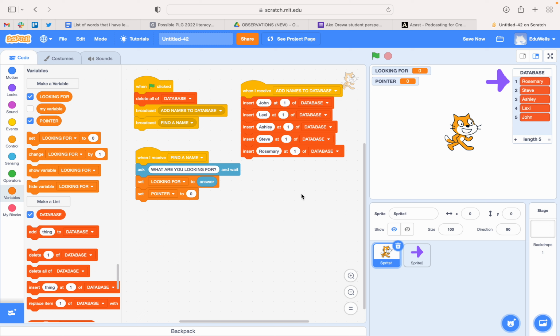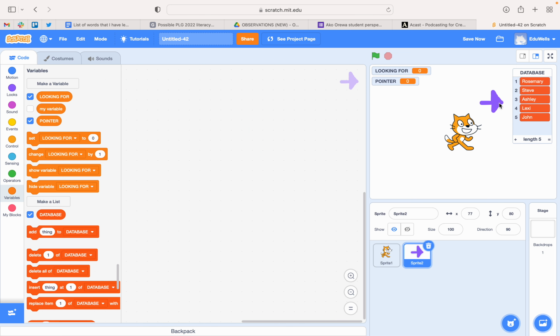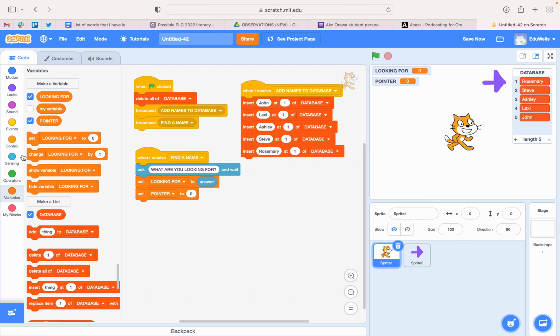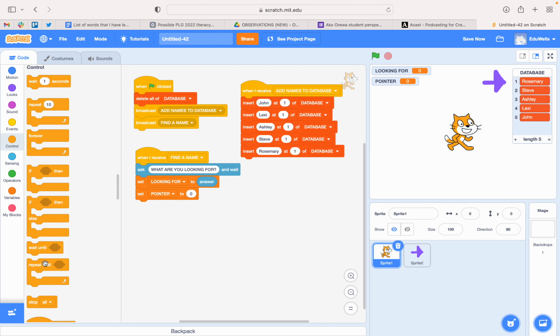And now I need to repeat my checking, like I just did here with my arrow. I need to keep repeating this check, is that the one, is that the one, until I get to the end of my list. So that to me sounds like I need a piece of code under the control called repeat until. So repeat my check, my search, until I get to the end of the list. Okay, so that's done by saying repeat until